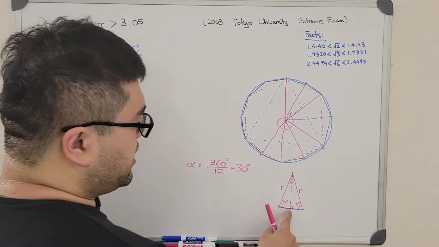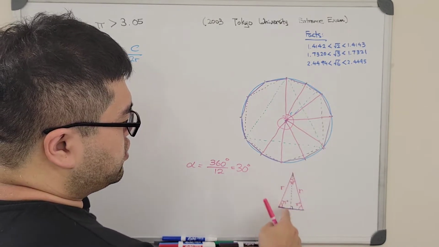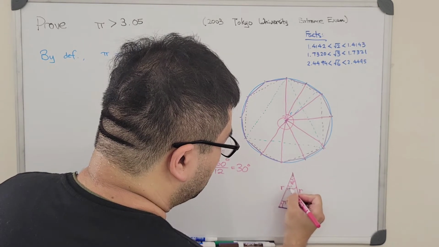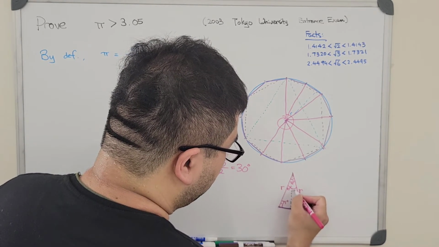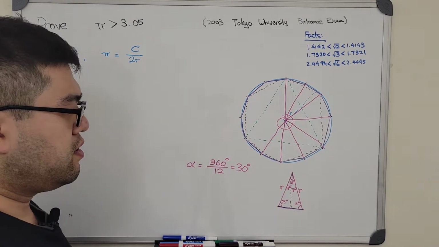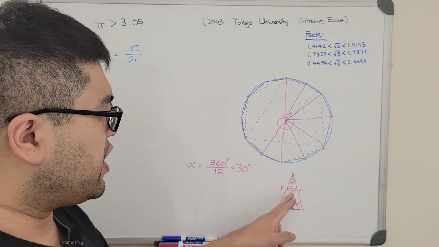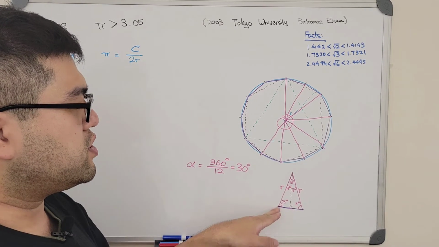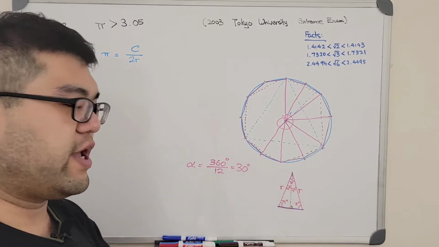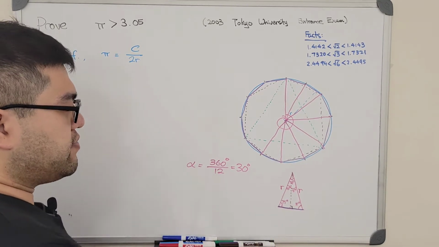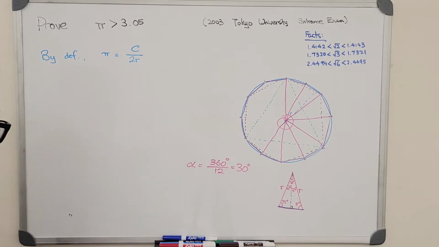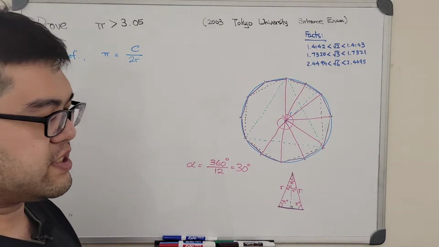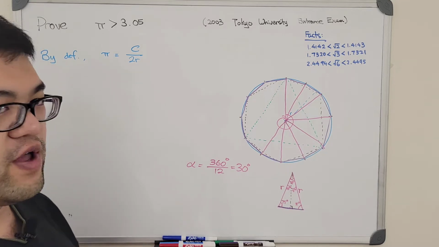But in this case, if we divide up into two congruent triangles, the angles up here will also be divided up evenly. So it'll be 15 degrees each. Good. And since we have a right triangle, the remaining angle will just be 90 minus whatever we have, 15. So we get 75. Now, we know that for right triangles, we only have 30, 60, 90, and 45, 45, 90